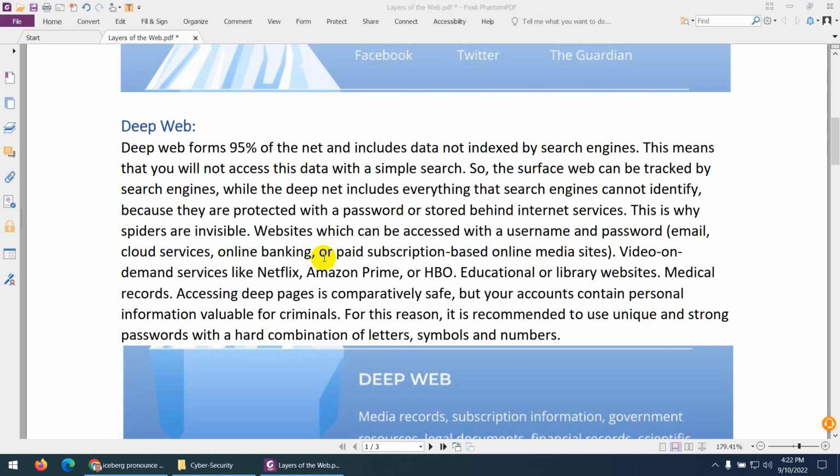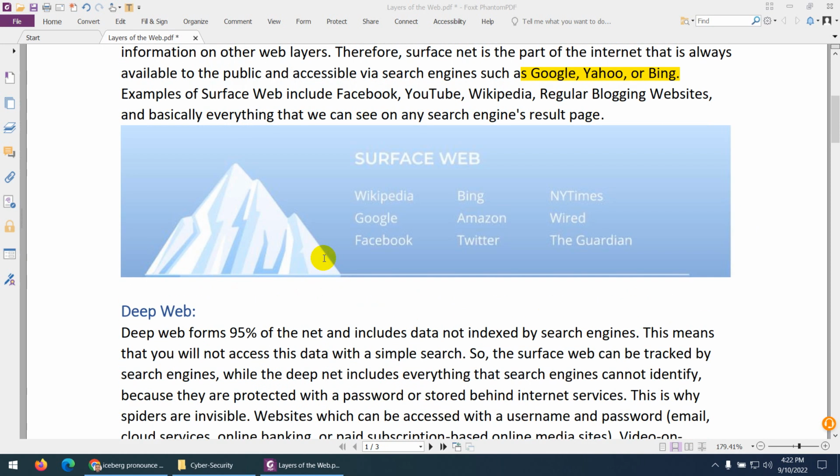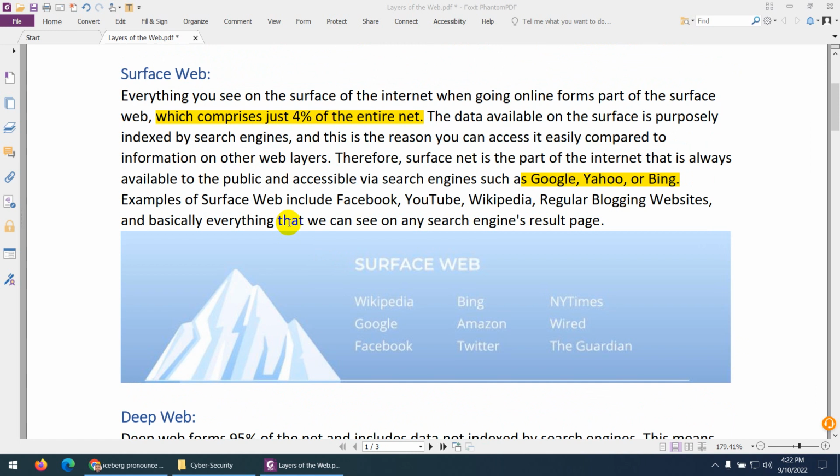Okay, and then the other two are the 95% deep web. So deep web is 95% of the internet, and basically whatever we are searching, these are indexed.